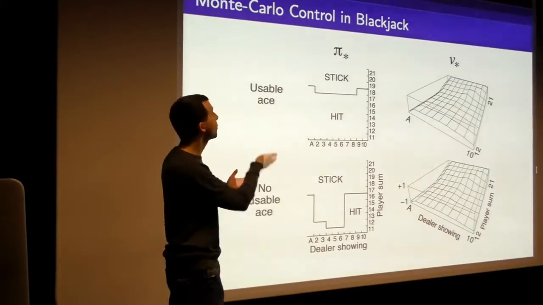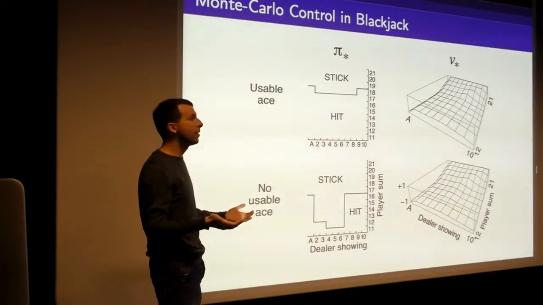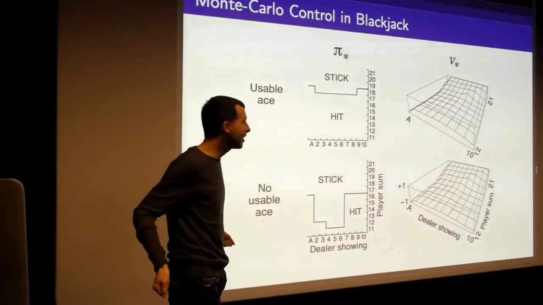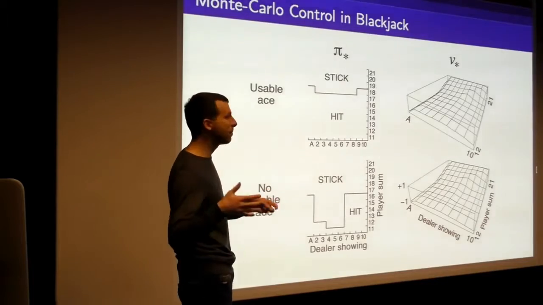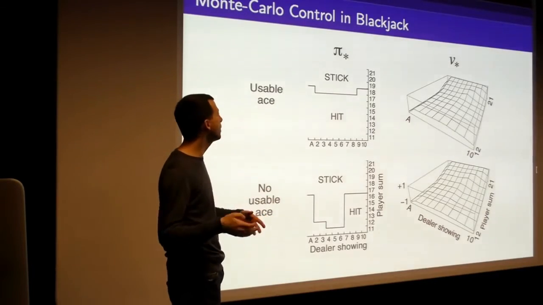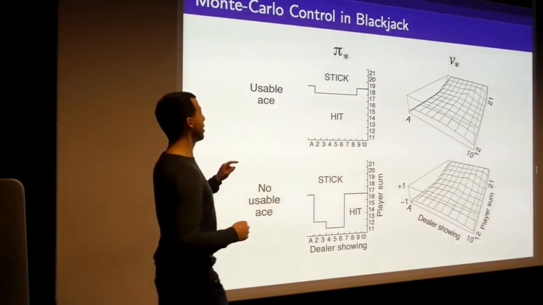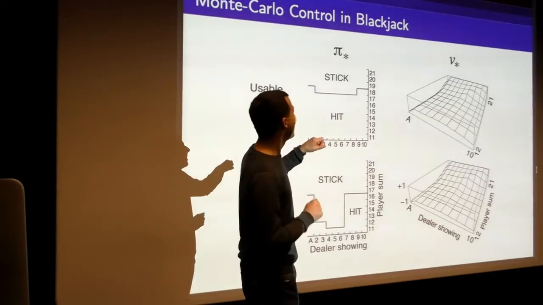And now what we're doing is running the algorithm we saw on the previous slide to generate the optimal value function. So now this is the question you probably really want to know: if I walk into a casino, what policy should I play to get the maximum possible amount of reward? And again, real casinos use slightly different rules, so don't try this. I'm not responsible if you lose all your money.